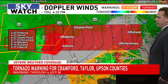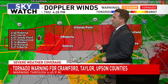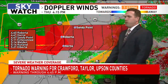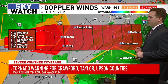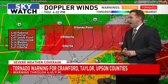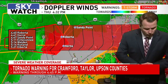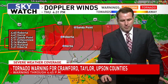So these are some town names that this area of rotation is potentially going to impact. Sandy Point at 4:47, Horns at 4:41, Roberta at 4:40. So you've got about 8 minutes or so on the long end before this moves into Roberta. Horns, you're going to be looking at this around 4:41 as well, and we'll continue to monitor this. This tornado warning does go until 4:45,